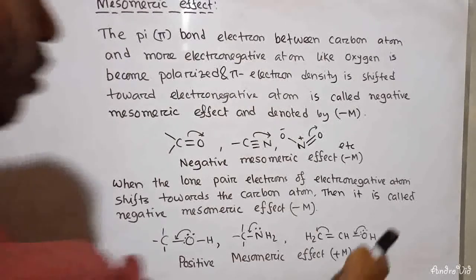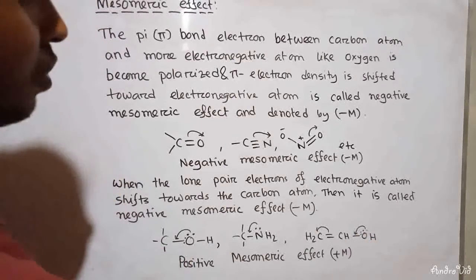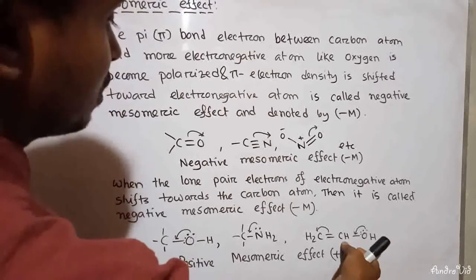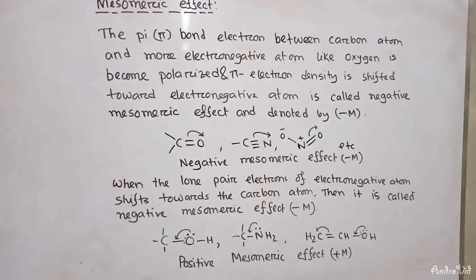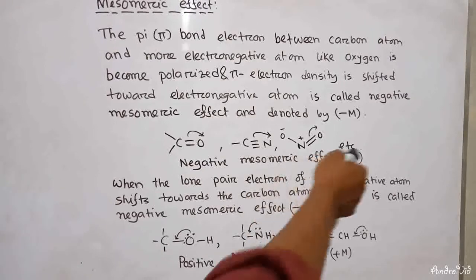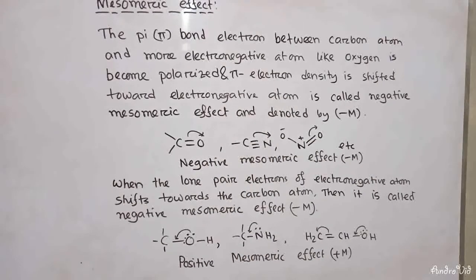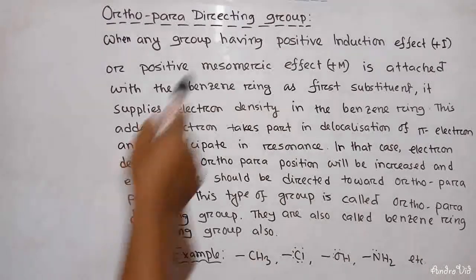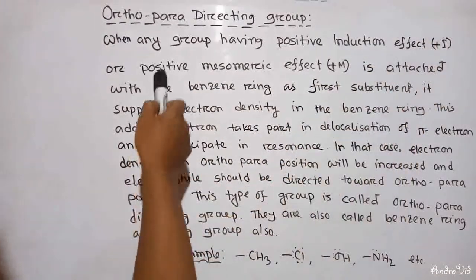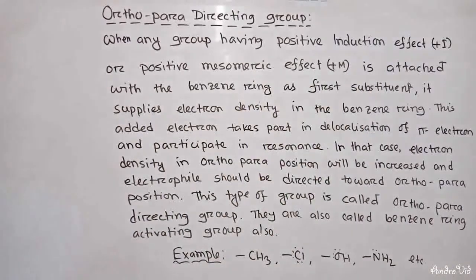Here the lone pair of electrons of oxygen shifts towards this carbon and the bond shifts towards this. So this is the positive and negative mesomeric effect, and the positive effect is denoted by plus M and the negative effect can be denoted by minus M. When any group having a positive induction effect plus I or positive mesomeric effect plus M is attached with the benzene